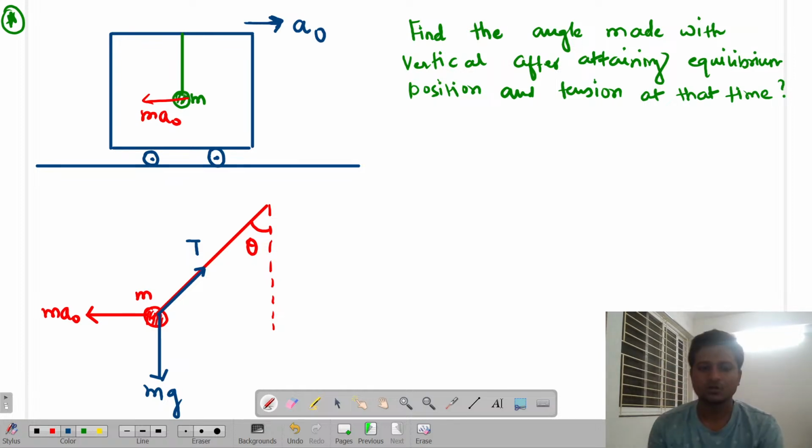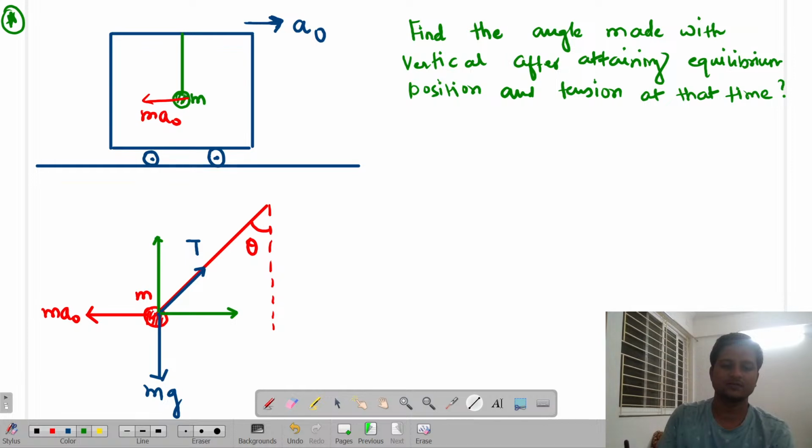अब ध्यान से देखो, तुमने मुझसे पूछा कि ये थीटा क्या है। तो थीटा तो ऐसे निकलेगा नहीं ना। तो करूंगा क्या बेसिकली? Yes, so basically if I can do one thing, let us do one case of it, and that case is let us resolve this tension in its vertical and horizontal component. So this angle will also become theta.